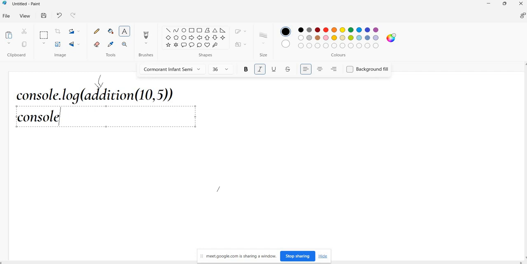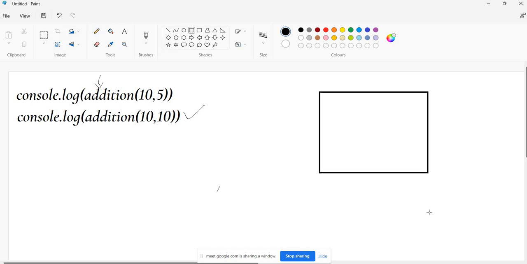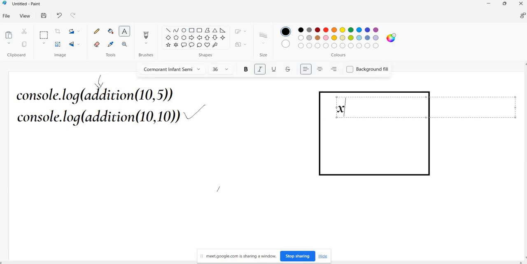whenever you do console.log, addition of, now what we are doing, 10 comma 10, right? 10 comma 10. So whenever you invoke this function, at the time again, what will it do? It will allocate the memory for the variables that are there for that particular function. Tell me, x, y,